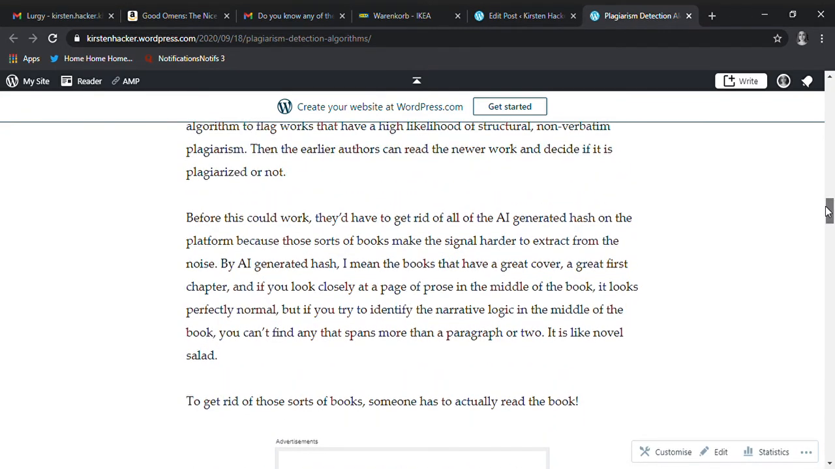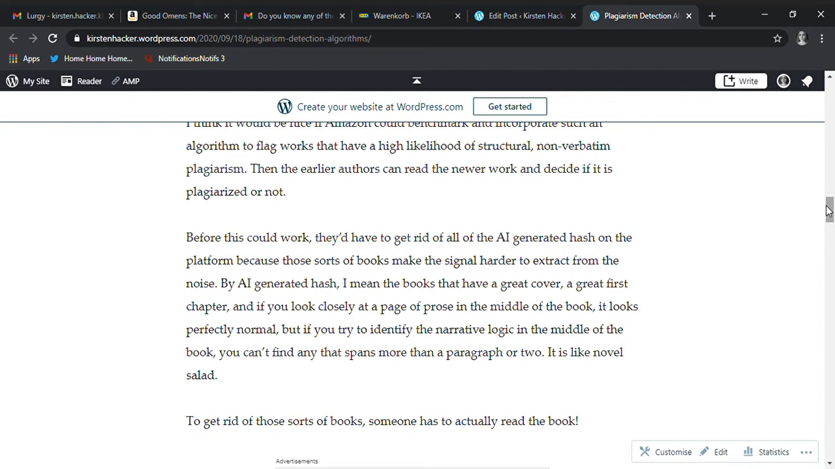Before such an algorithm could work, you'd also need to get rid of as much AI-generated hash on the platform as possible, all of these no-content novels that are just made up of gibberish, because those sorts of books make the signal much harder to extract from the noise. By AI-generated hash, I mean the books that have a great cover, a great first chapter, but if you look more closely at a page of prose in the middle of the book, it may look perfectly normal,